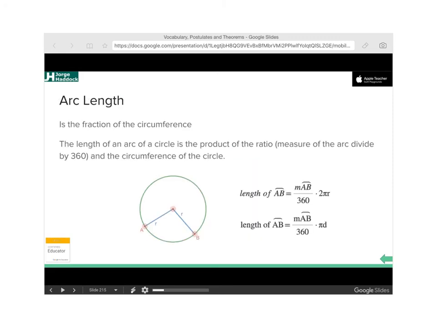So now the arc length, right? We know that the length of the arc, if we measure it in degrees, is 360, right? But if we use any other measure and we want to find that measure right there, we have a formula, right? So the length of AB, this length right there, equals the measure of arc AB, or the same as the central angle, divided by 360 times the circumference. As you can see, that formula right there is the circumference, right? So let's see